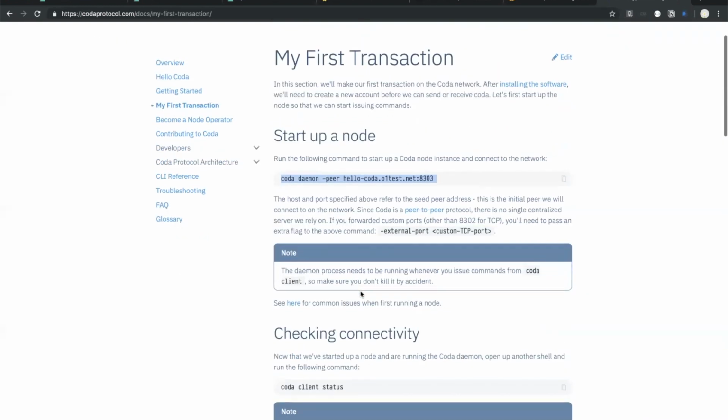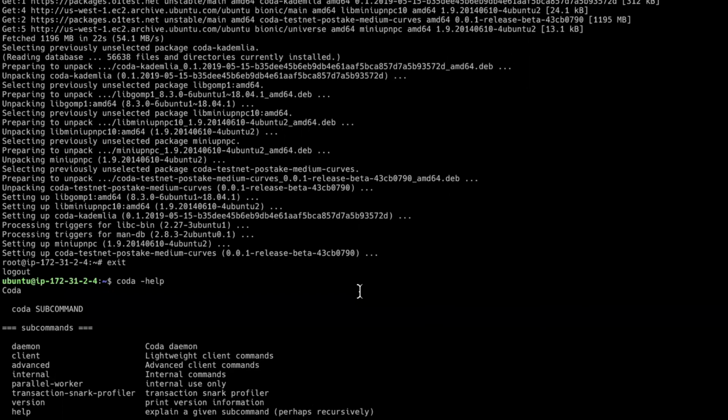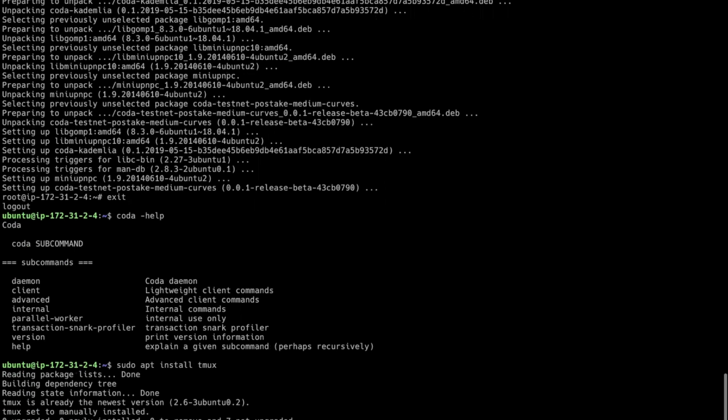I am going to do one additional thing. I'm going to run it in a command called tmux. Tmux just lets me, it's already installed, that's awesome, bounce back and forth between windows. So here's the command that I took from the